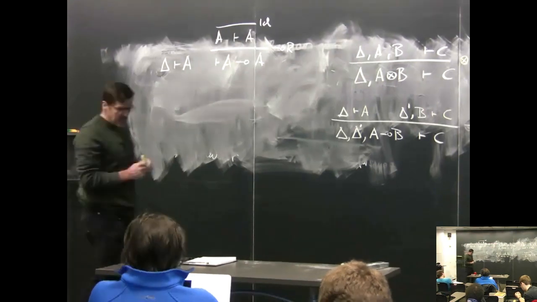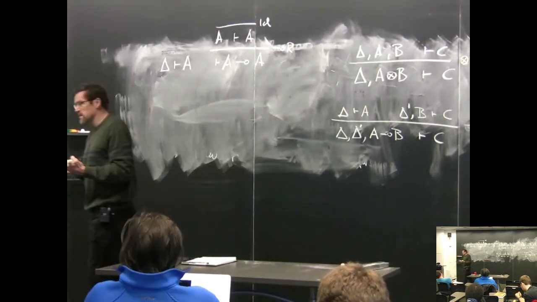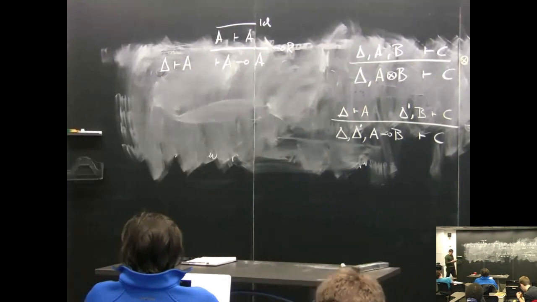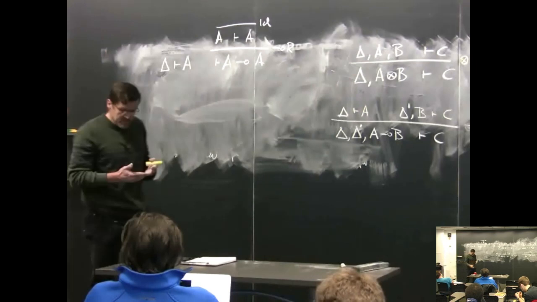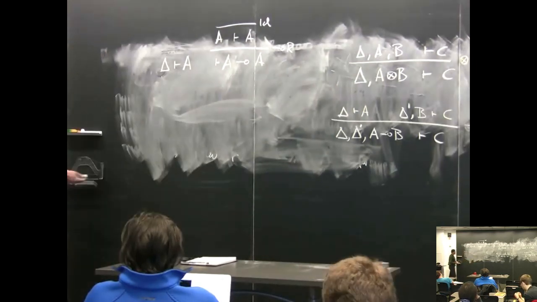Let's talk about how we make sure that the left and right rules of the connective actually make sense together. Because I could easily make a mistake, in which case I would not get linear logic. I would probably get something that's broken. Okay. So for example, instead of the tensor left rule, I might have had the following